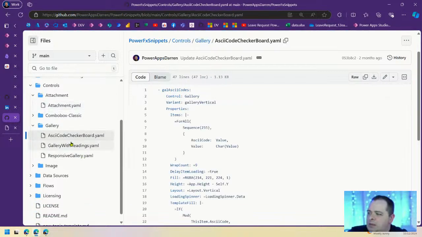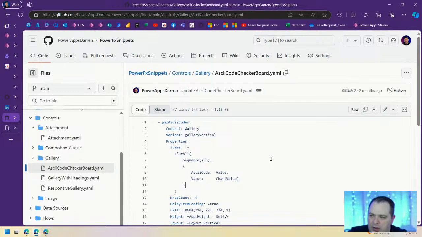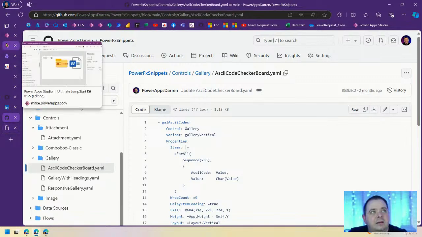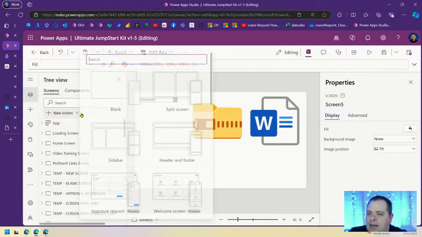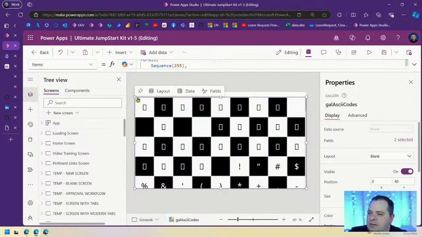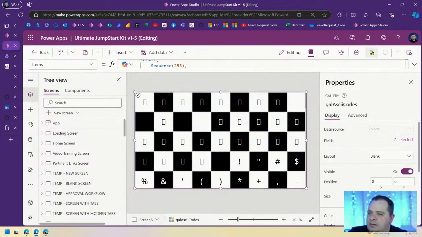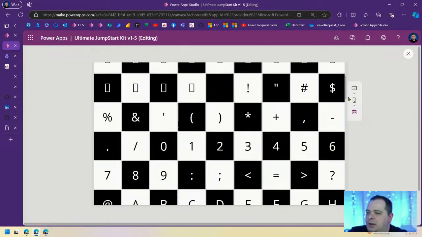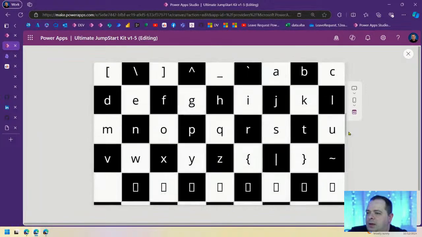Okay, check this out. An ASCII code checkerboard. Now I saw this. I really enjoyed Matthew Devaney's Twitter post, and he had one out there with like this checkerboard thing. And I think he had just all capital letters. And the one that I created had all of the characters in the ASCII table. So if I paste this in, there we go. So we have all the characters, including the numbers, the punctuation, and